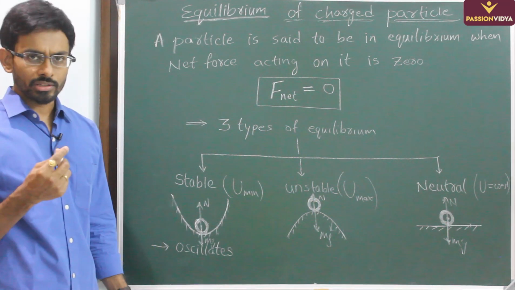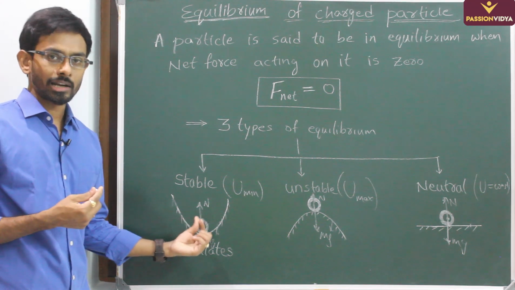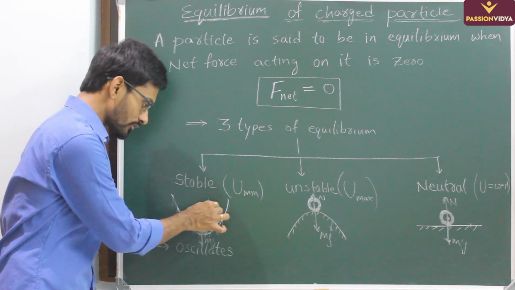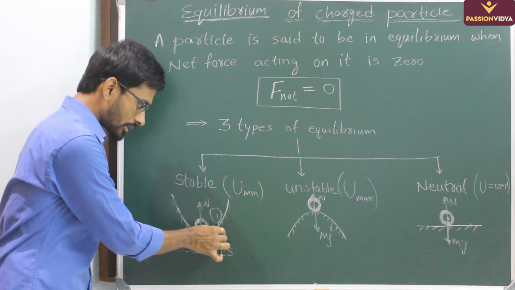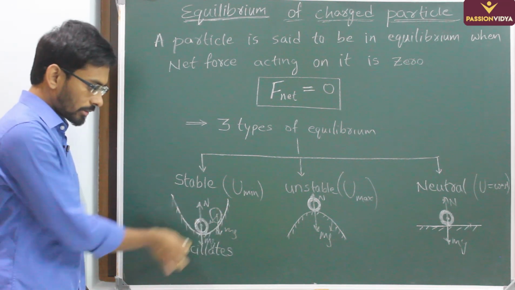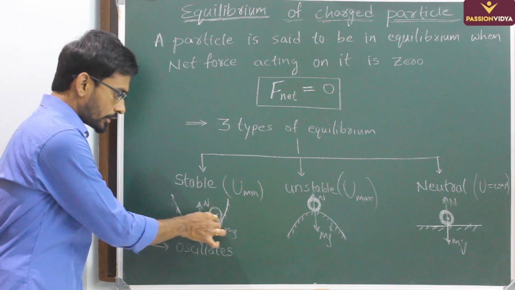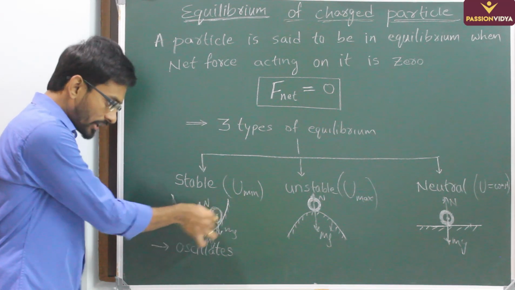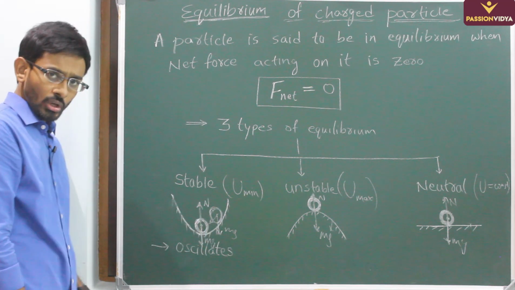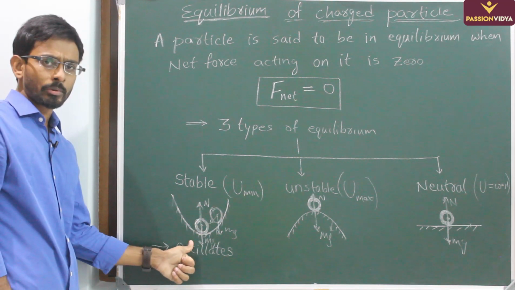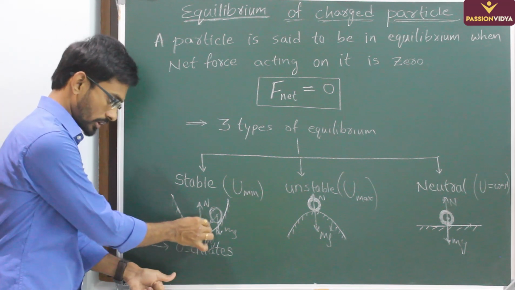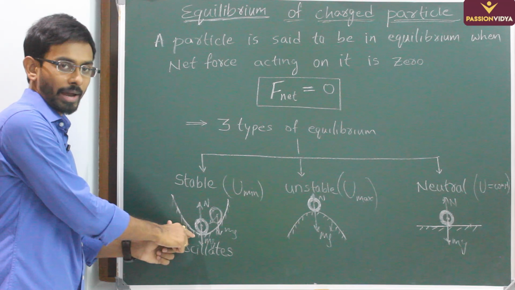You'll get to know the difference when you disturb the particle a little bit. In this case, if you disturb the particle a little bit, let us say we have displaced it towards the right. Now mg will act downwards. If we take the component of mg in this direction, there will be some component in this direction, and due to that component of weight, it tries to come back to the stable equilibrium position. So it is trying to come back to the equilibrium position. So it represents that it is more stable in this position. So it wants to attain this position back.